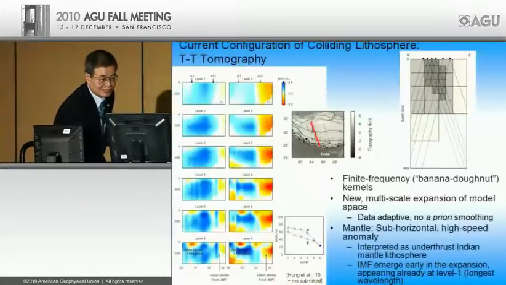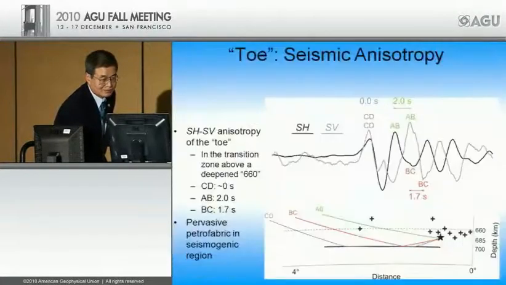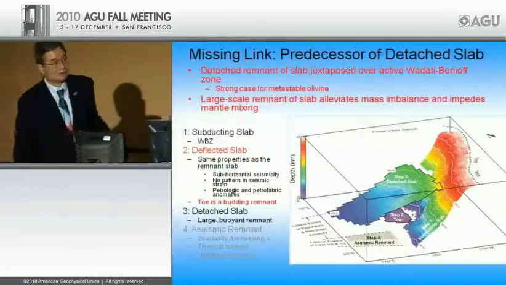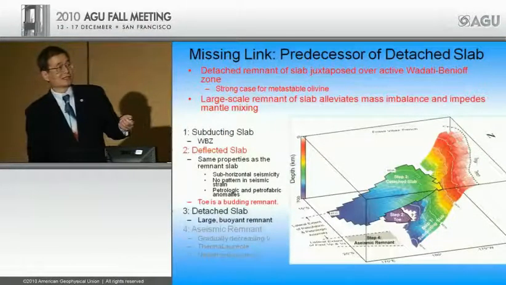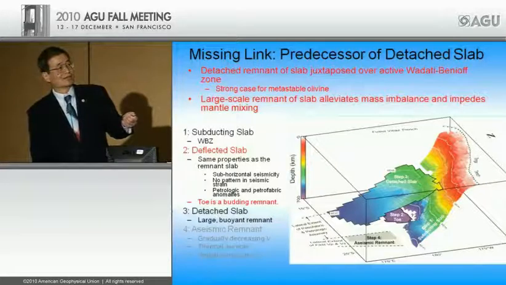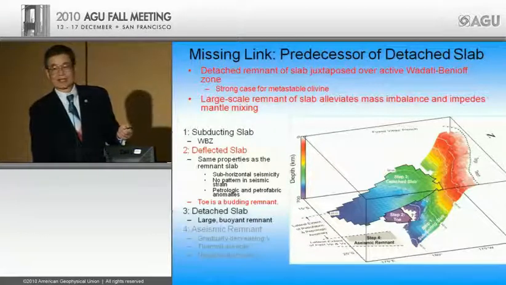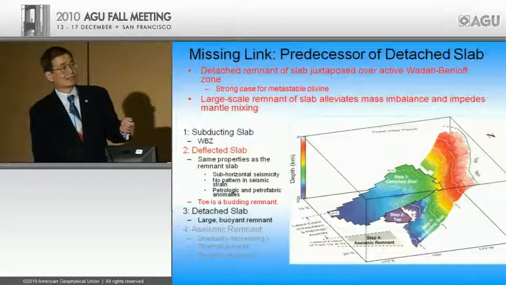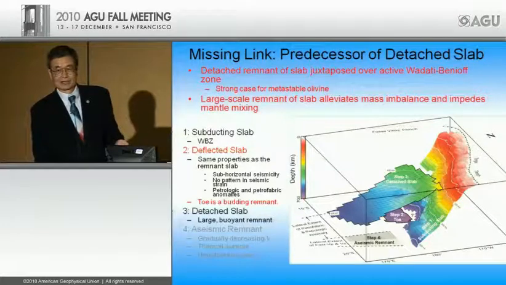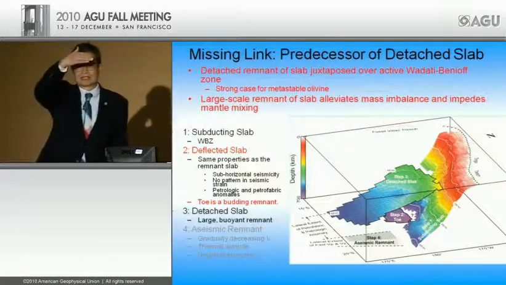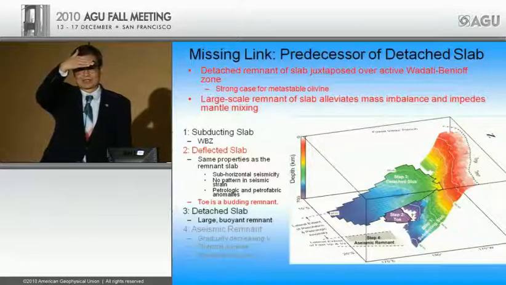Now, there is a possibility, if I may, go back to perhaps, excuse me, it's going to take a little bit to get there. Okay, here we are. There is a possibility that this is a remnant slab coming from the north, from the Vitiaz Trench, which shut off about 8 million years ago or so. We can't rule that out because given the reconstruction, that fabric coming from north would also work. But other than these two possibilities, we're not aware of any proposed direction for us to consider.